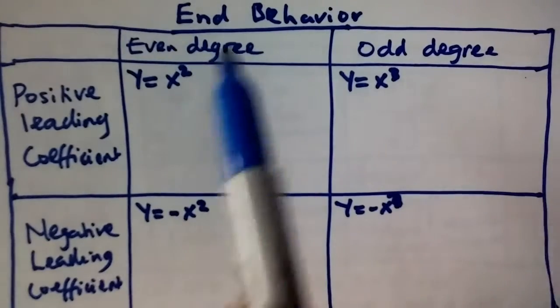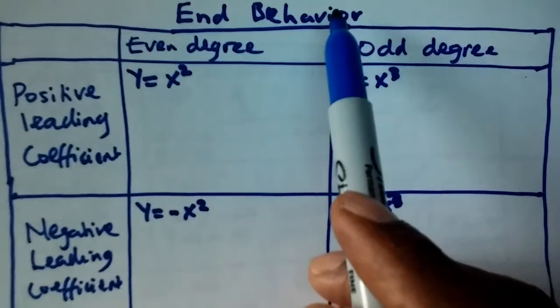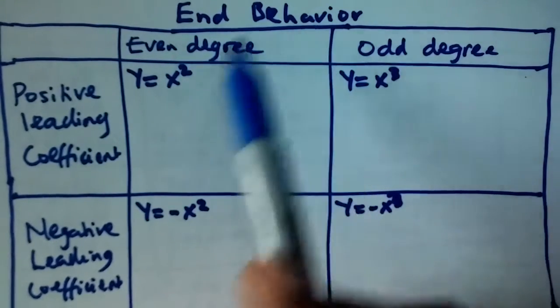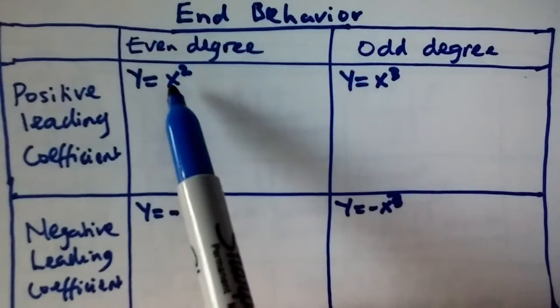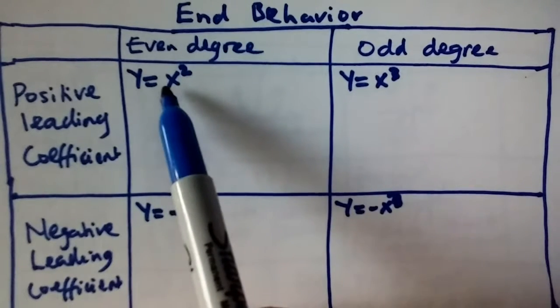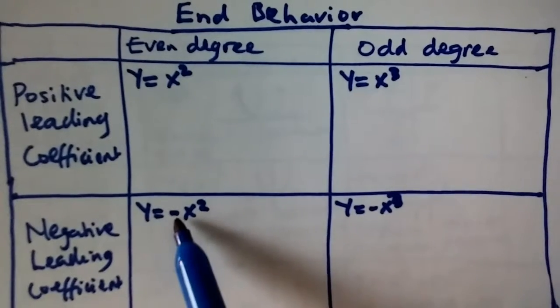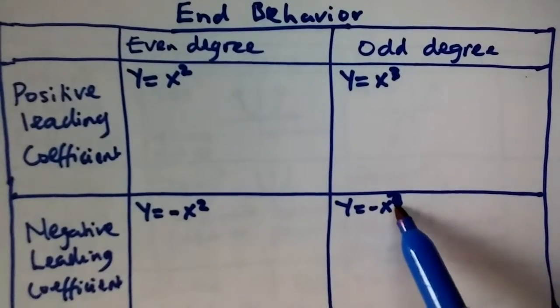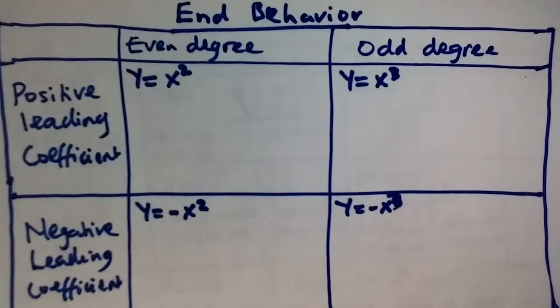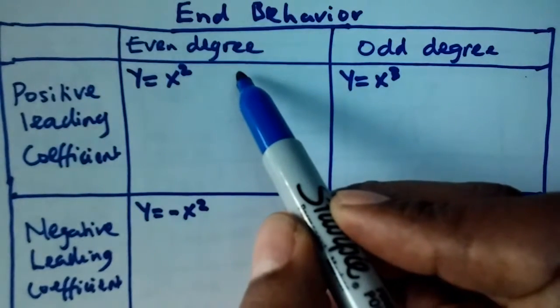I'll be going over the end behavior of polynomials. We are going to use the simple polynomials as representatives: y equals x squared, y equals x cubed, y equals negative x squared, y equals negative x cubed. That's cubed right there. Okay, so this is the graph of y equals x squared, which is very easy to